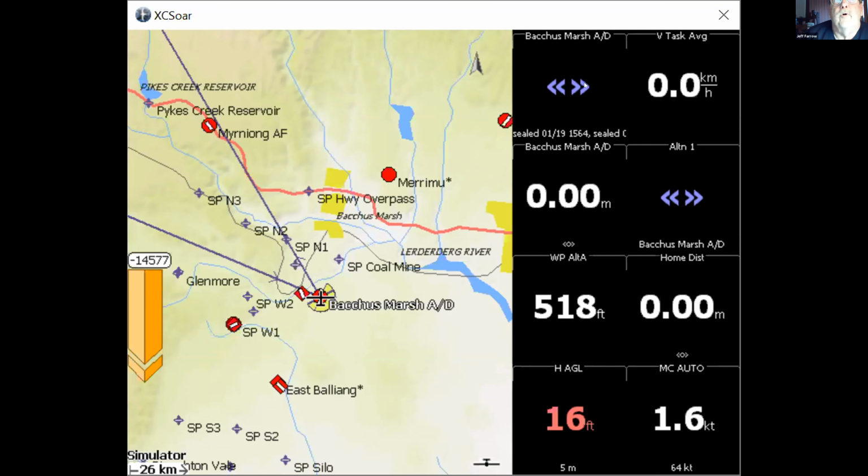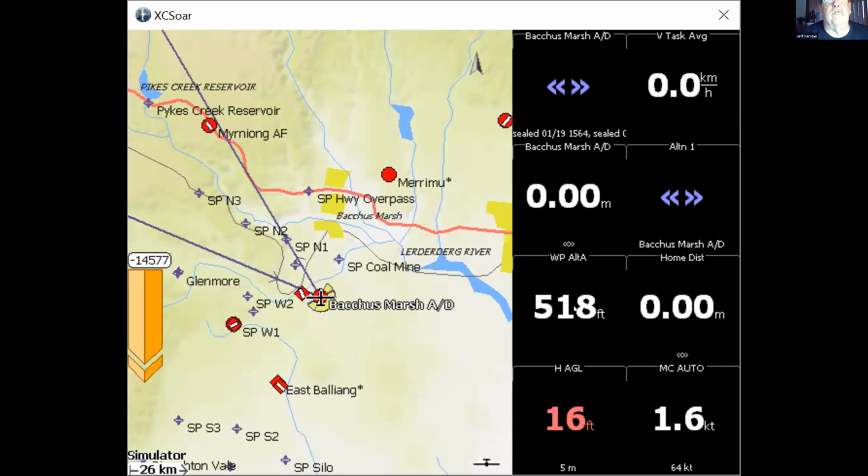The various info points, the bearing for the next waypoint. In this case, we haven't started, so the next waypoint, turn point is Bacchus Marsh Aerodrome. The average start speed achieved. We haven't taken off yet, so it's 0. Nearest airfields, the height required for the next waypoint, alternative waypoint here.